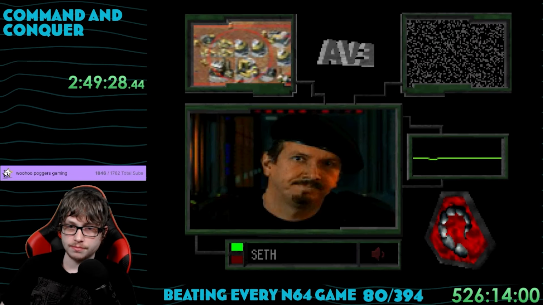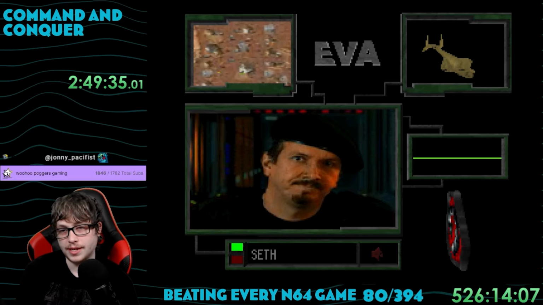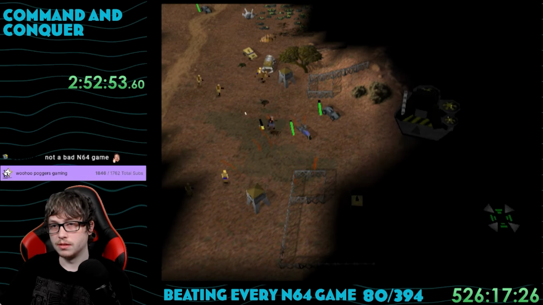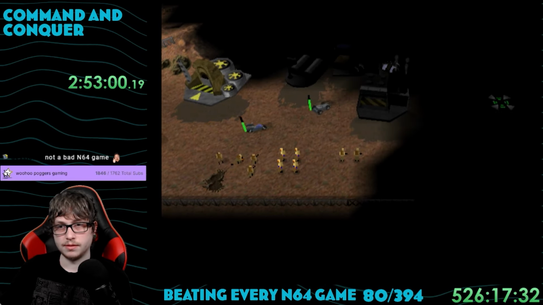So now Seth seems shocked that we managed to win on that last mission. Almost like he thought we would die. Now Kane wants us to go on a propaganda mission. Our job is to steal a GDI Orca helicopter and bomb a civilian village with it. Easy enough, right? I sent some scouts out to see what we were working with, and yeah, it was kinda